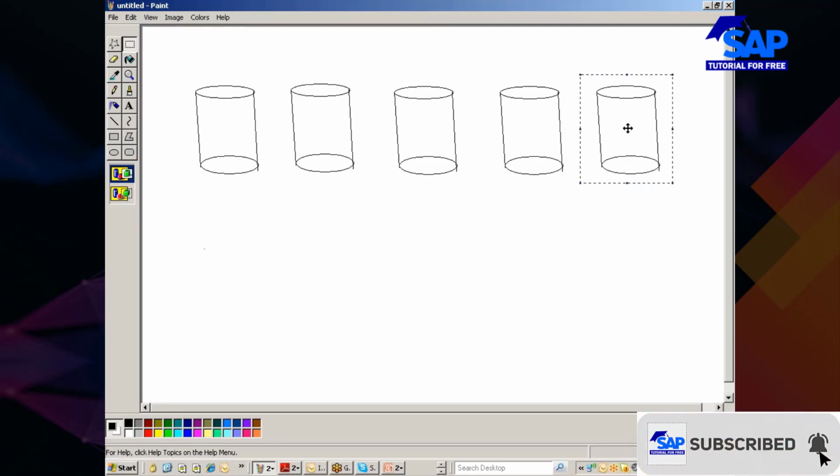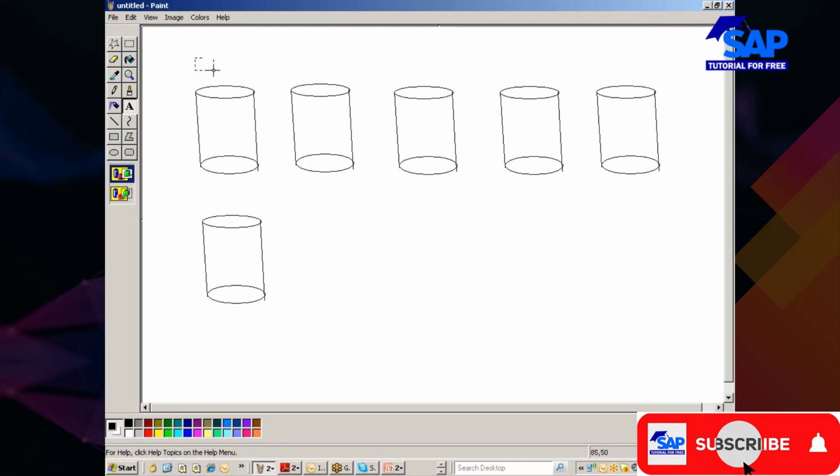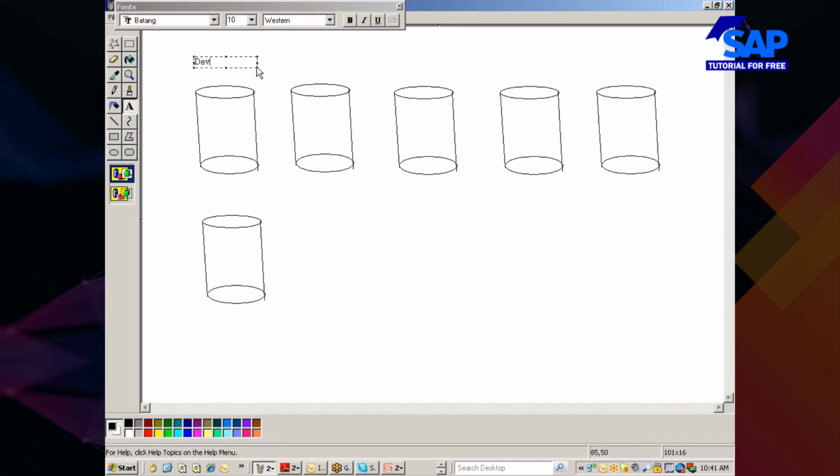The ideal landscape would be something like this. Maybe one more. Okay, so now let me name it. This is what we call the dev system, development system, or development environment.